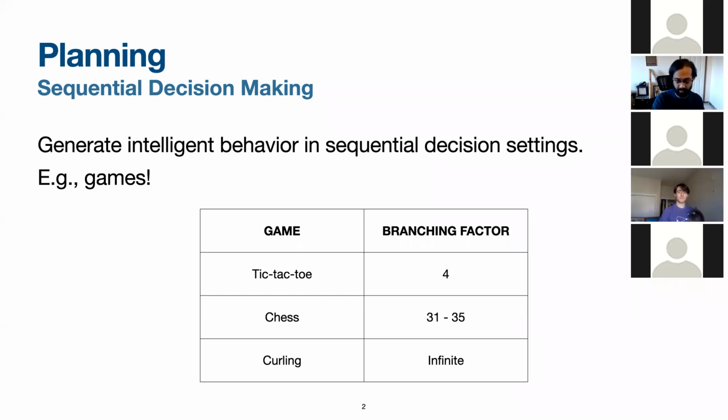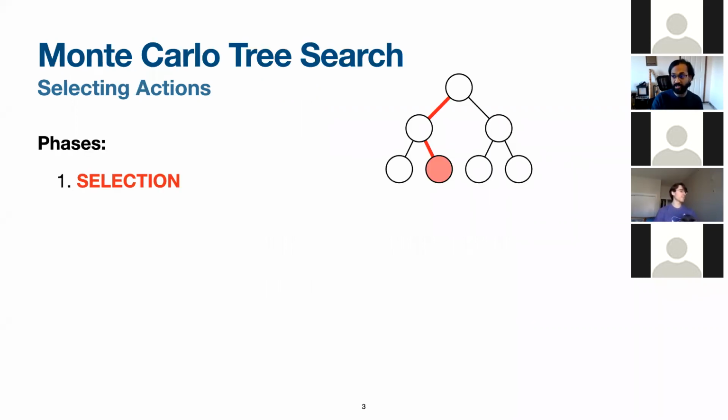Instead, what AI agents do is that they use sample-based search, which are a family of powerful algorithms that sample sequences in order to estimate outcomes in order to find good actions. One such algorithm is Monte Carlo tree search. Monte Carlo tree search iteratively builds a tree of states and actions in order to estimate the outcomes of actions.